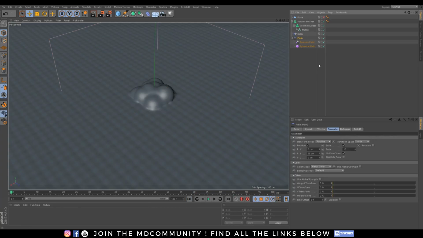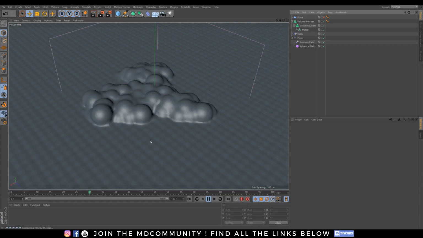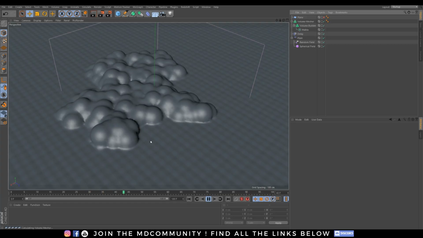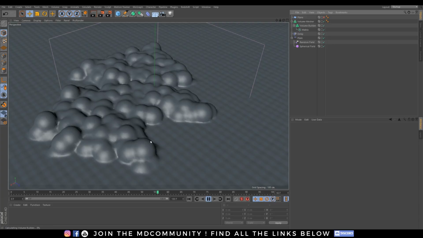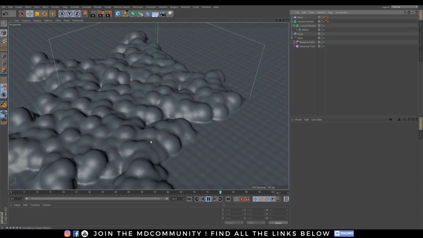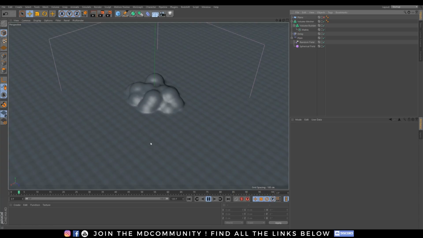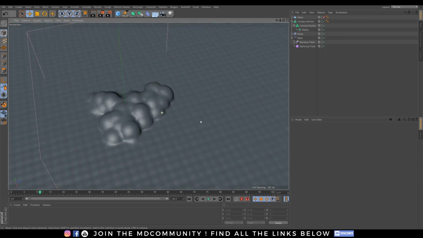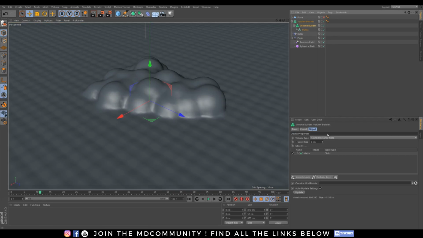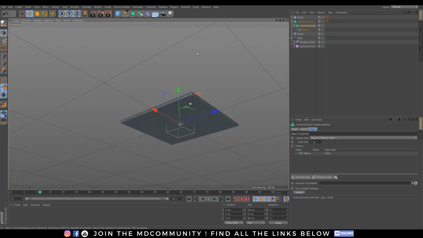So you have something more bubbly. Really nice. I think this is really fun to do and really strange. I don't know what you guys will make with this effect, but it will be amazing. And then just increase the volume builder size, the voxel size, and then just make cool animation.